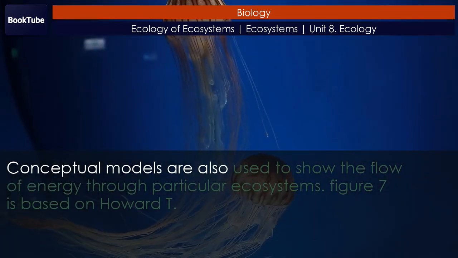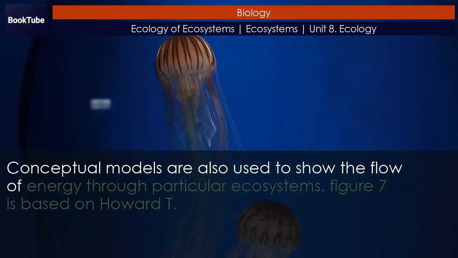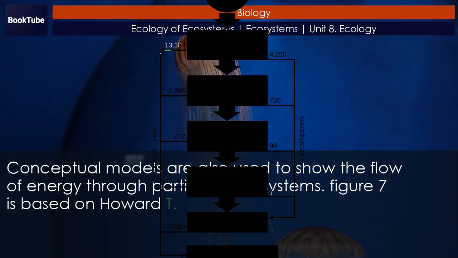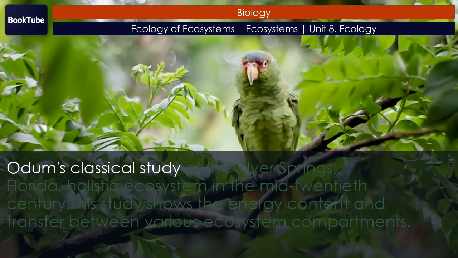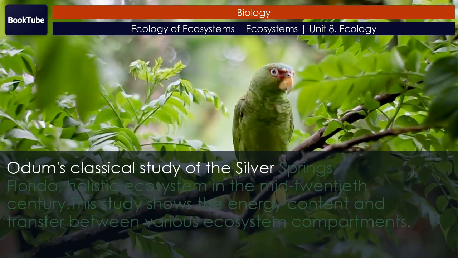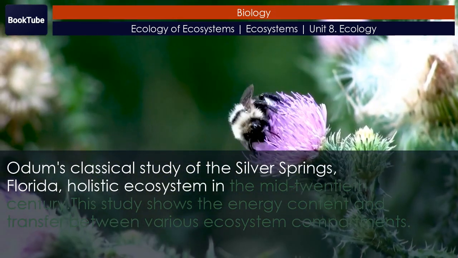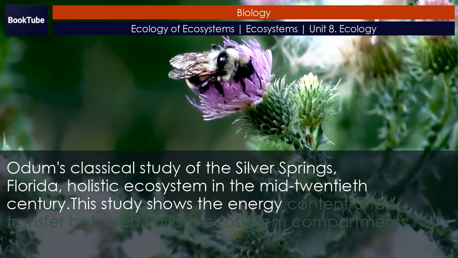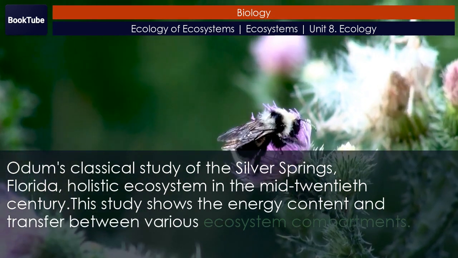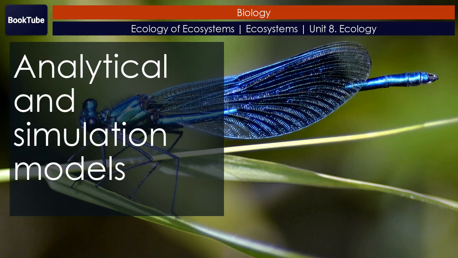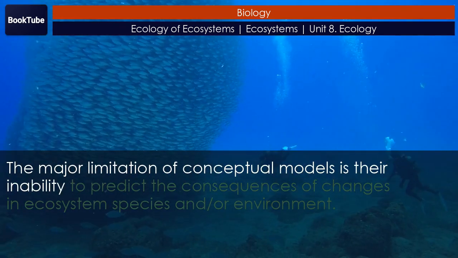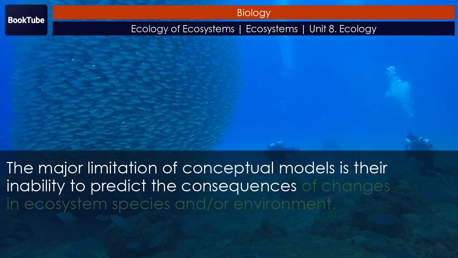Conceptual models are also used to show the flow of energy through particular ecosystems. Figure 7 is based on Howard T. Odum's classical study of the Silver Springs, Florida, holistic ecosystem in the mid-20th century. This study shows the energy content and transfer between various ecosystem compartments. Analytical and simulation models. The major limitation of conceptual models is their inability to predict the consequences of changes in